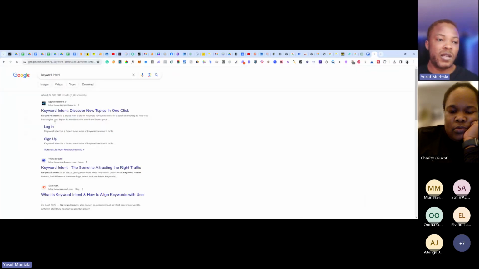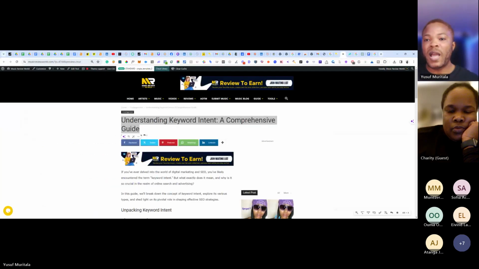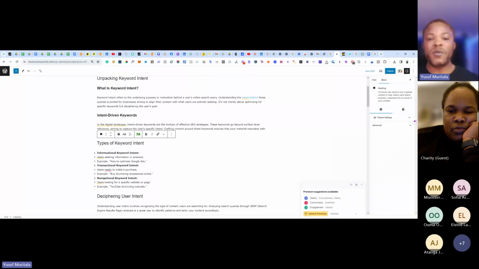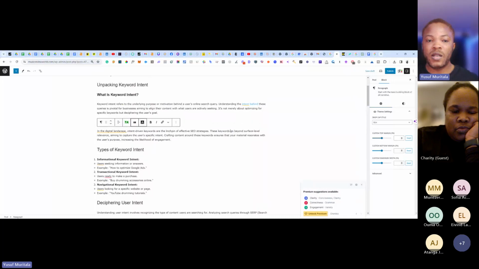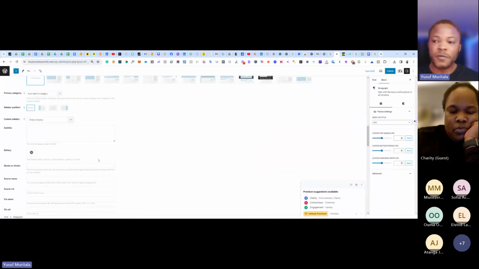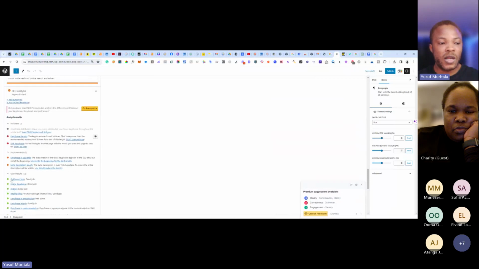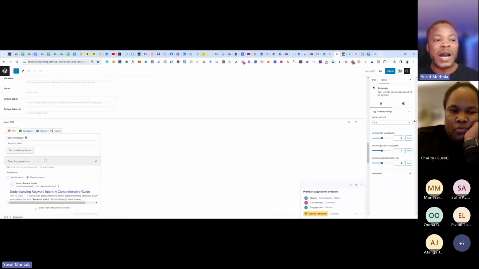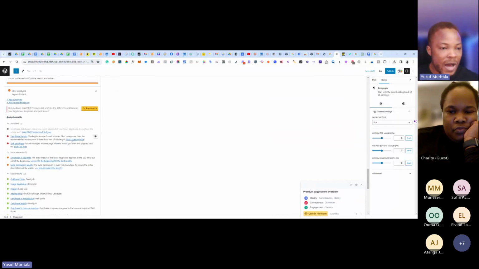Keyword intent. For example, for this website, we can just copy it, making sure that you're demonstrating that you have done your research is crucial. Also, for keyword intent, we can just use this and link to that page. Now you can see the external page is gone and the outbound link is there. All of these basic things, you can go through this place. It will show you also how to do it.